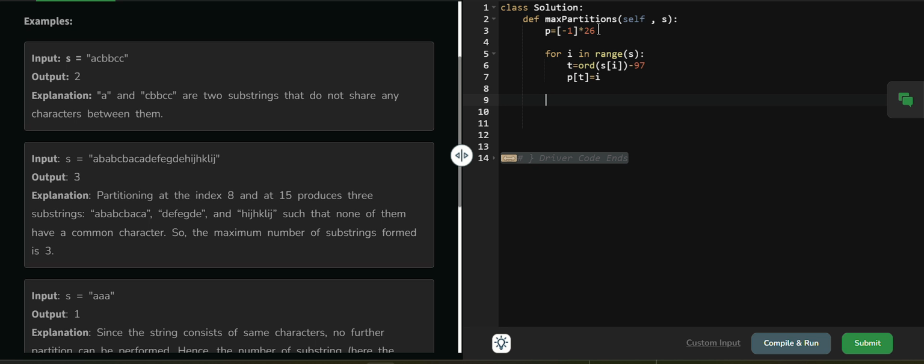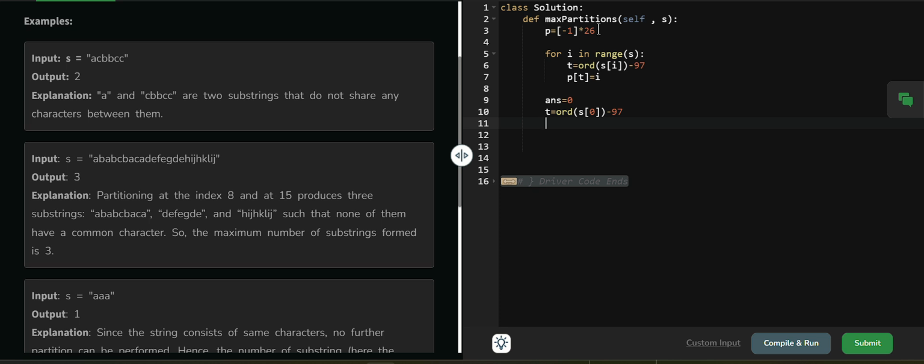And then I will create one answer variable equal to 0. Then I will create t equals ord of s of 0 minus 97. Why am I doing this?